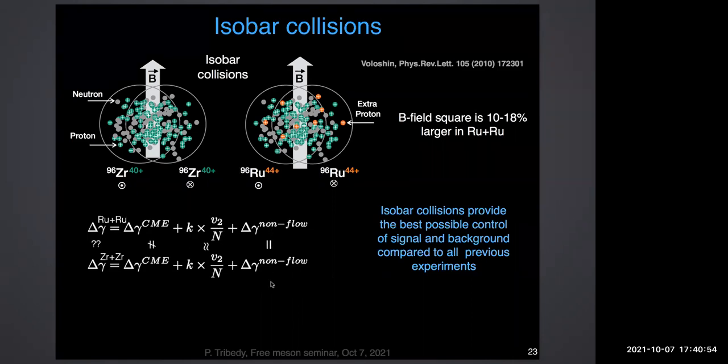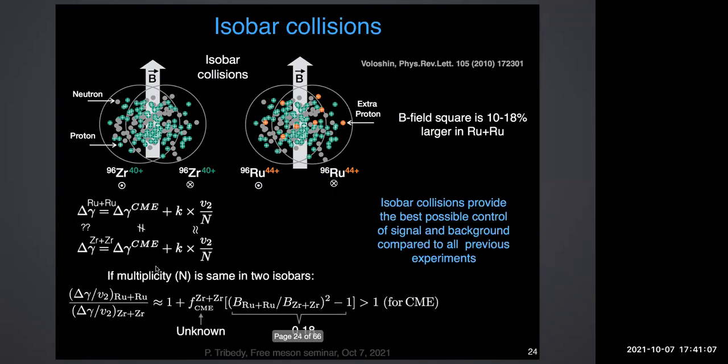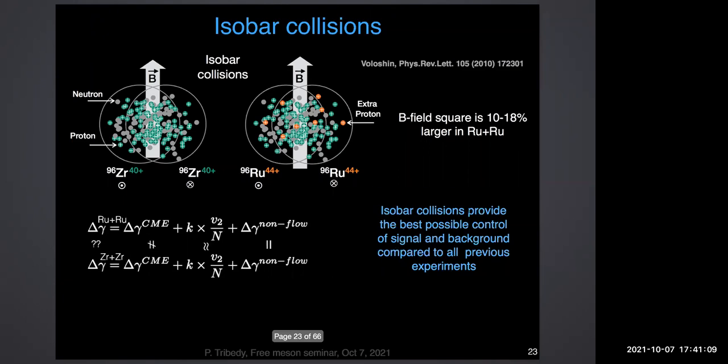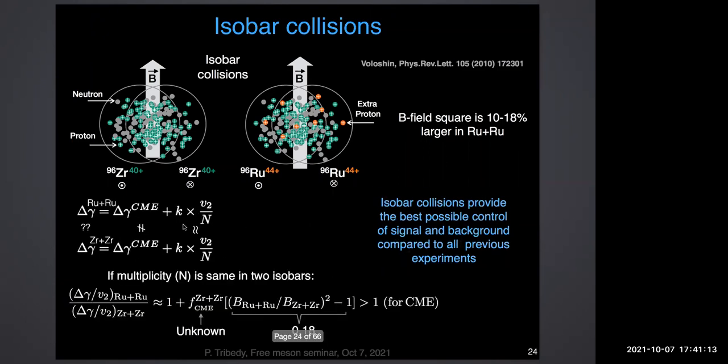These terms are going to be very close, and then you have to see how close these two terms are. We know that they are going to be different, but we have to see how they are different. So basically, it's a much better control than any previous experiment. Okay, so I removed the last two terms. So I have now ruthenium, zirconium, I have the CME terms and the V2 terms here, the V2 over N